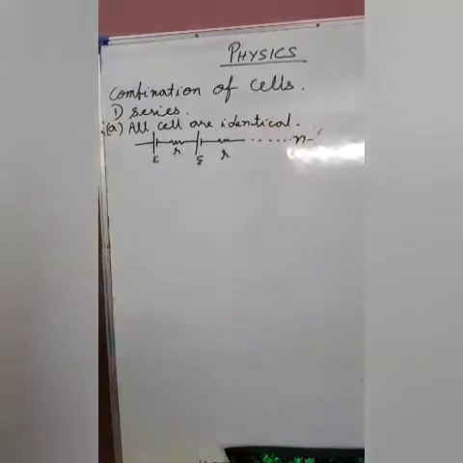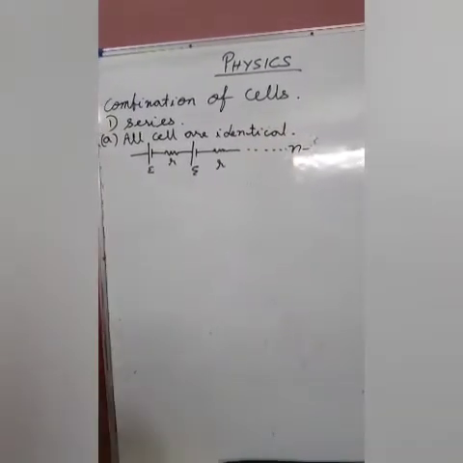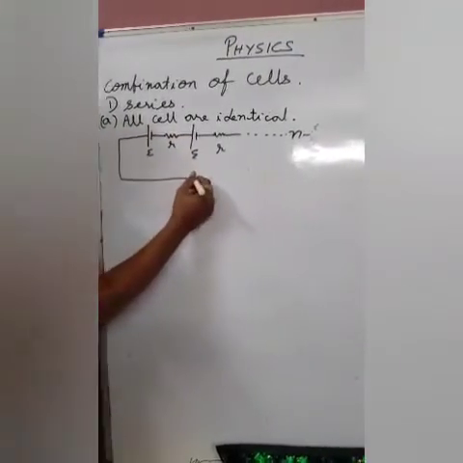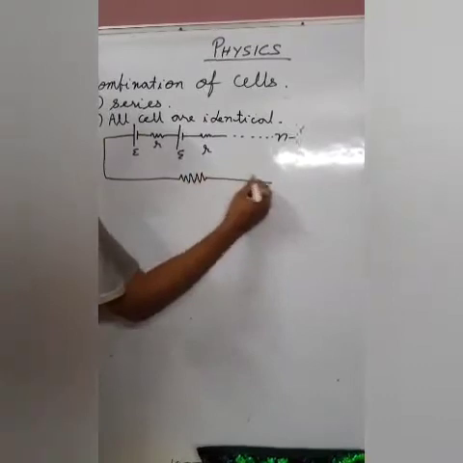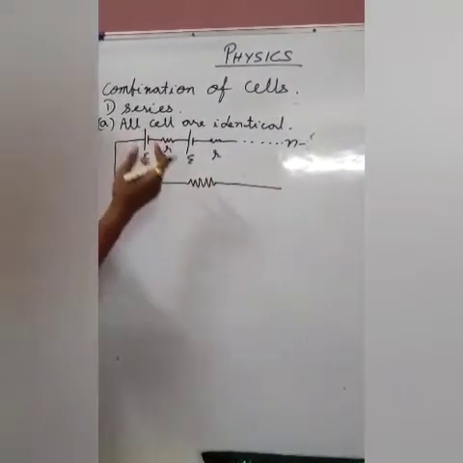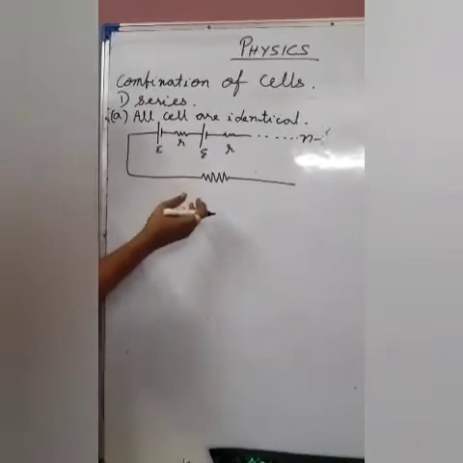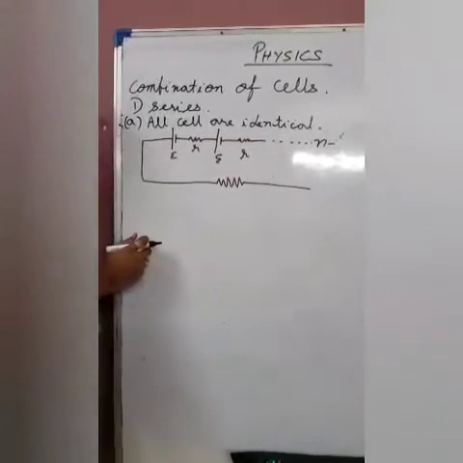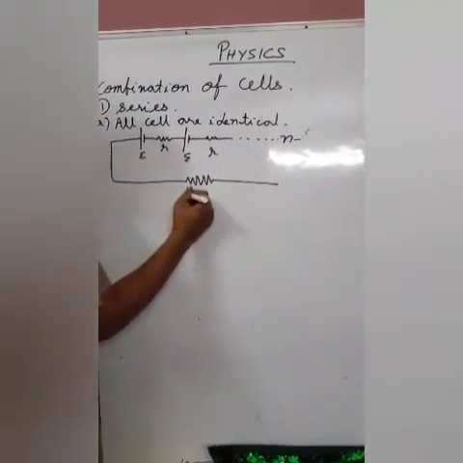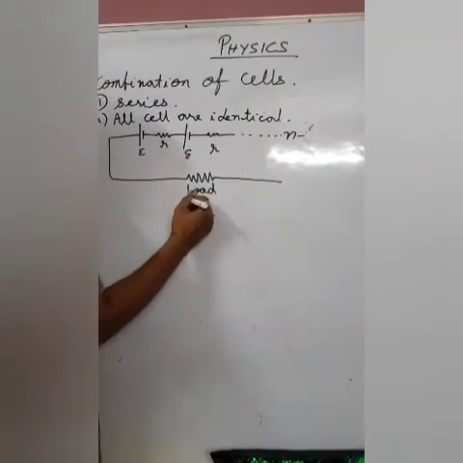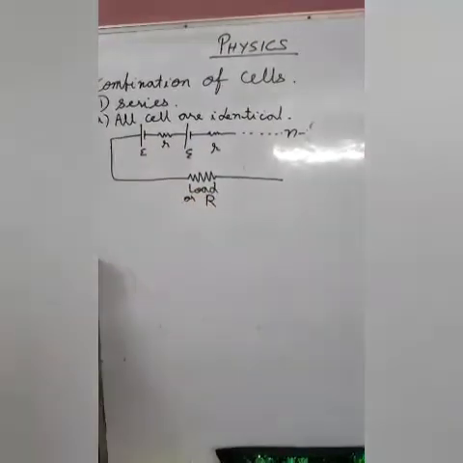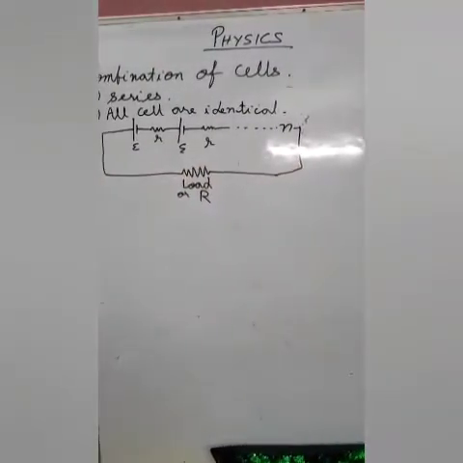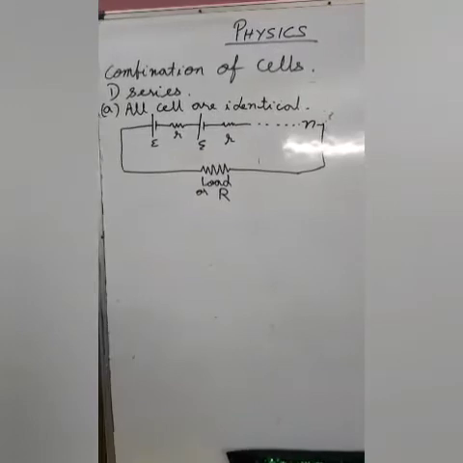Okay, after this we will do another case in which the cells are non-identical. So using the combination of these cells, I am going to run something. This something could be anything, for example a wristwatch, or a wall clock, or any electronic device which runs on the combination of these cells. So let us take it as load, or capital R, which would be your external resistance. So this is your circuit diagram for series combination. Now let us start with the derivations and the expressions as well.